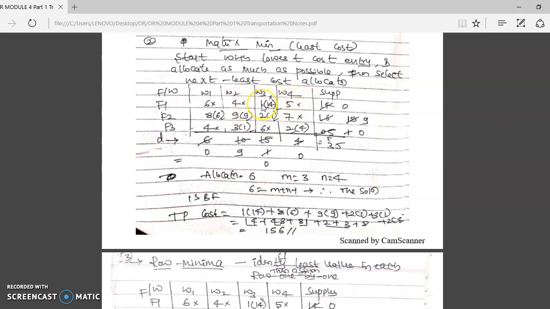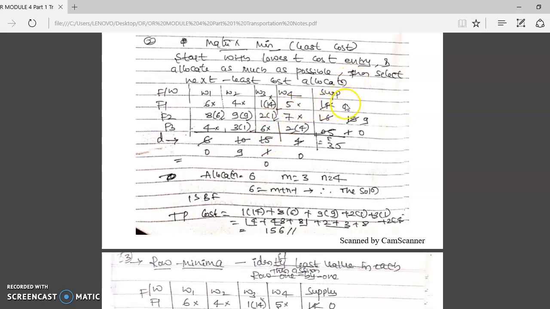We start allocation from this element only. It is called least cost because you identify the least cost in the given matrix and start from there only. So here it is 1. We start from this point. Supply is 14, demand is 15.